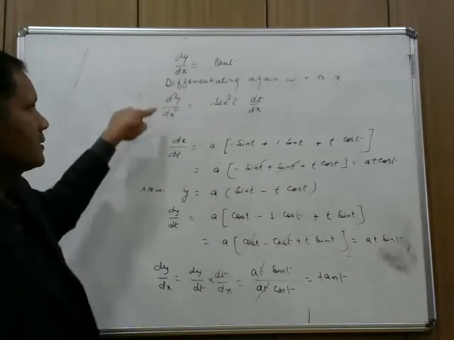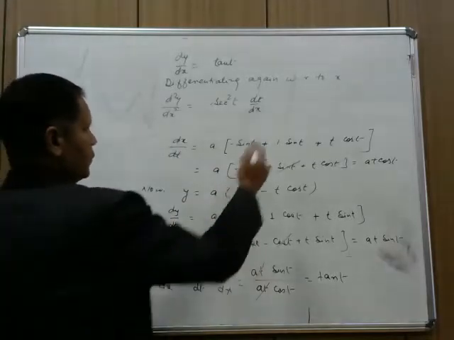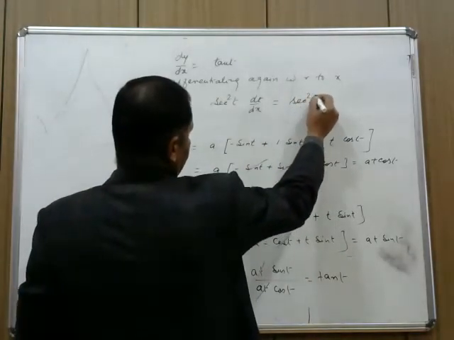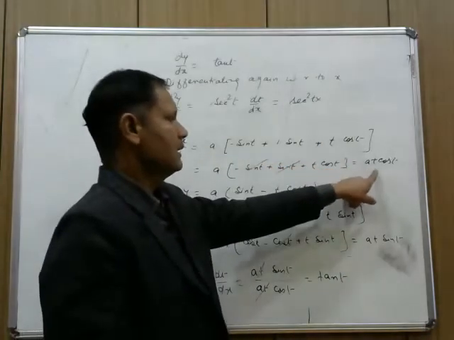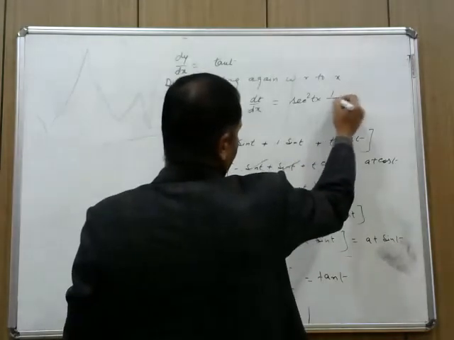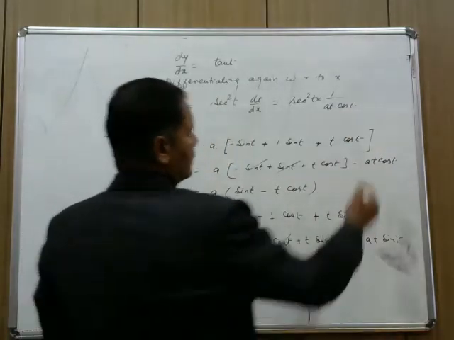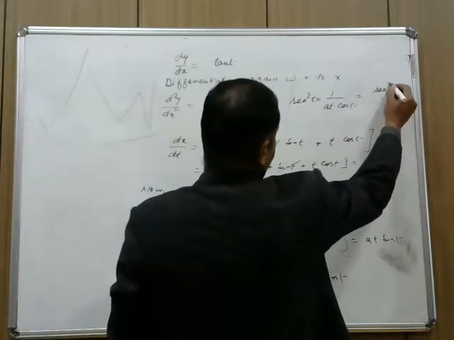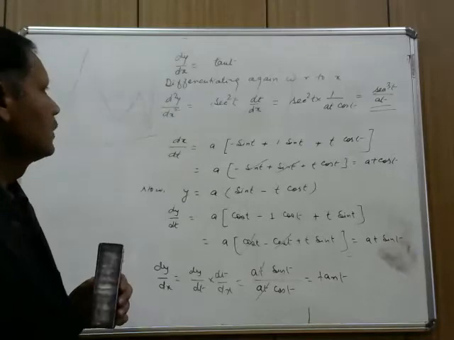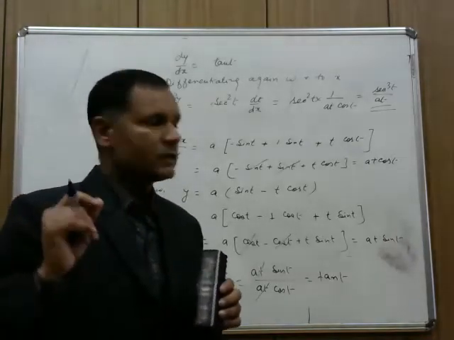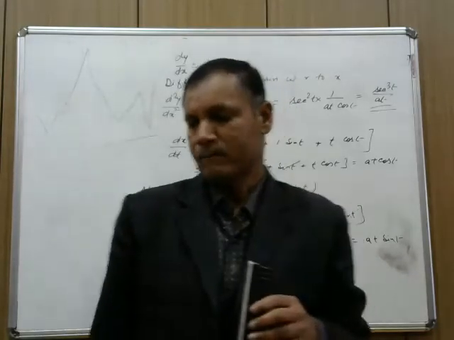That's why now d2y by dx square is equal to the differentiation of tan t, sec square t, and now dt by dx. We know the value of dt by dx. Now sec square t into dt by dx. dx by dt is a t cos t, so dt by dx is 1 by a t cos t. That's why now we write here 1 upon a t cos t, and 1 upon cos t is sec t. Therefore, can I write now? This will be sec cube t upon a t, and this is the value of d2y by dx square. Almost the students make mistakes over here. Please take care of these points, right?